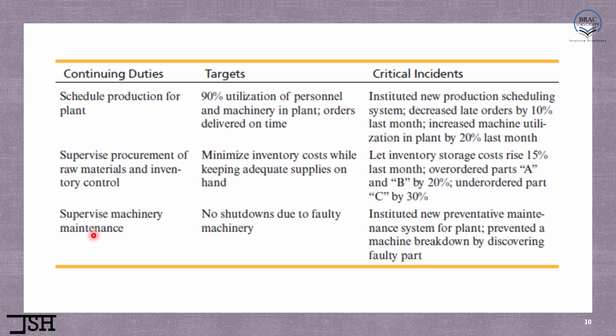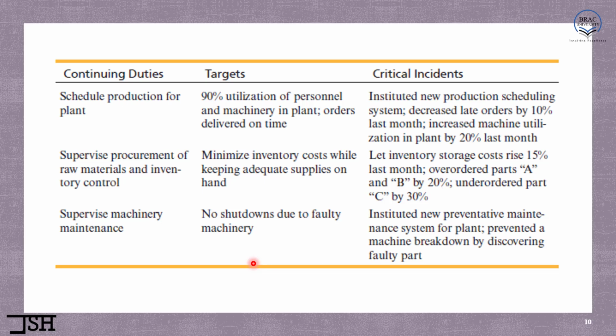So as an employee, this is one of your duties. You have to supervise the maintenance of the machinery. Now your target as a supervisor was no shutdown due to faulty machinery. So as a supervisor of this machinery maintenance, you have to ensure that no shutdowns take place, so the machinery does not stop abruptly. So that's my target. Now let's say the employee has carried out his duties throughout the year, and